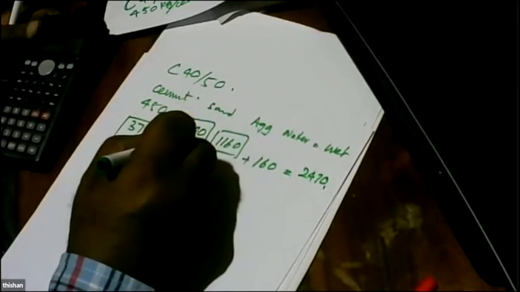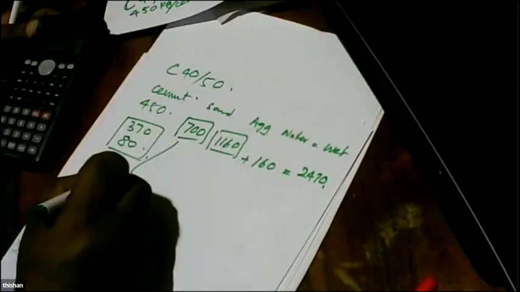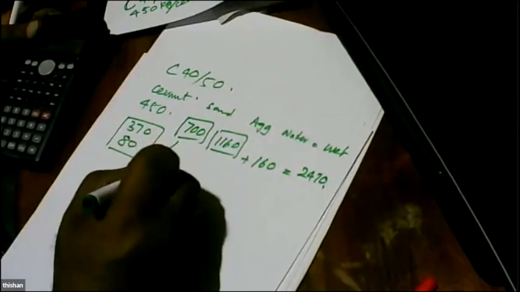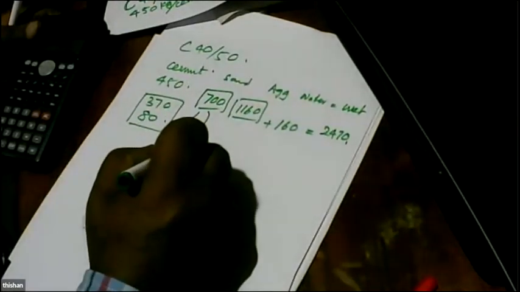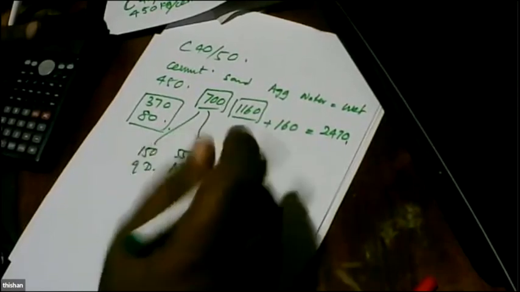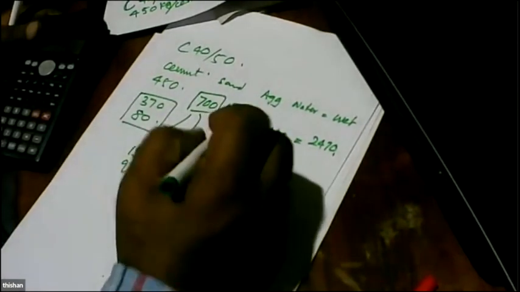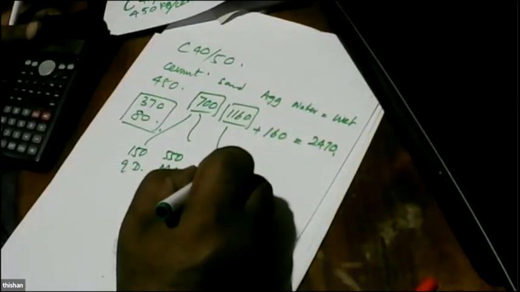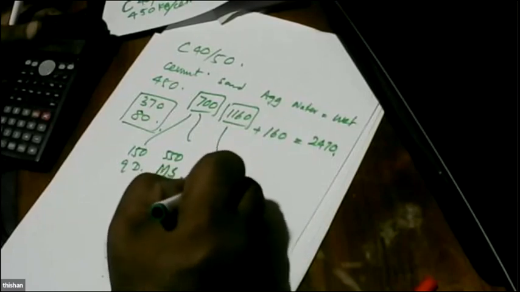And out of this, you will go for about 150 quarry dust and about 550 manufactured sand. And here you will go for about 160 chips